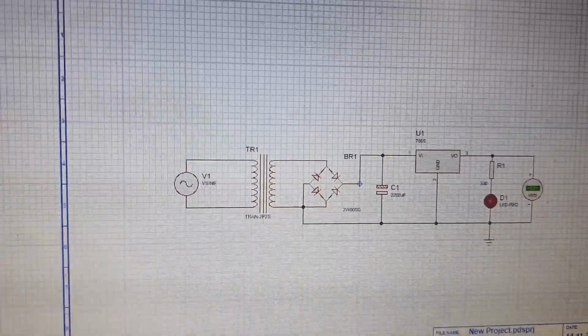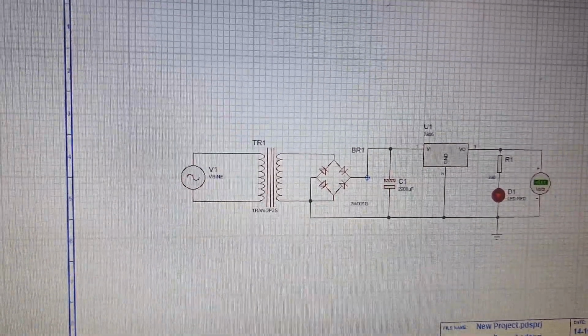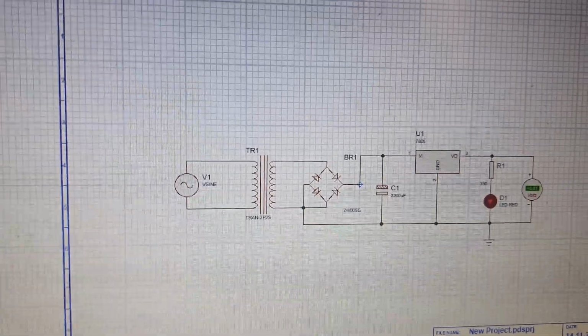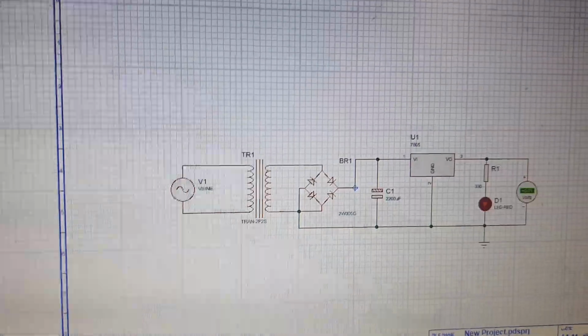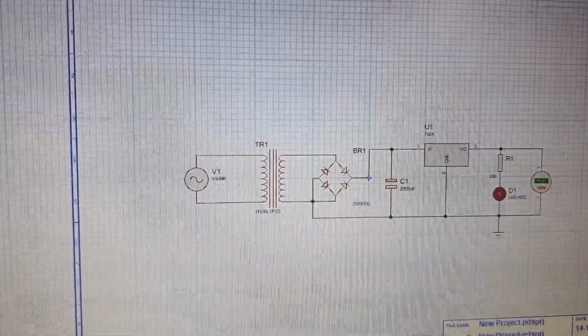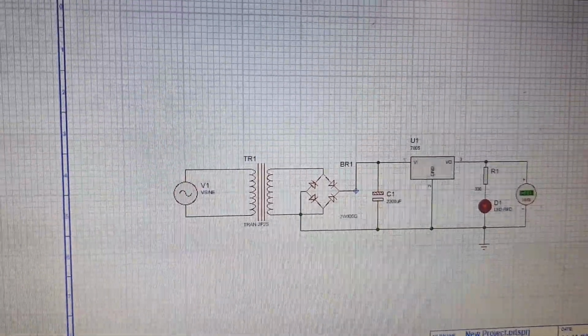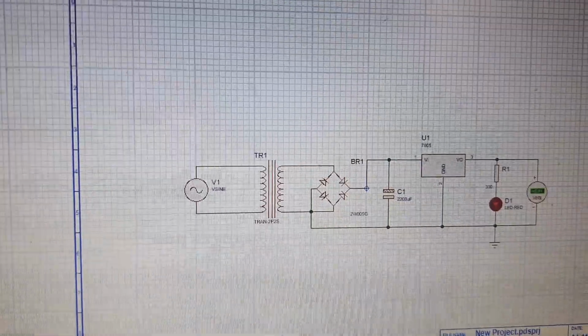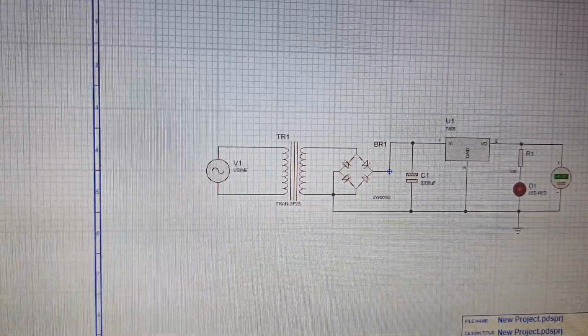This voltage is finally fed to the 5 volt regulator through a 2020 uF electrolytic capacitor, which eliminates the ripples and makes the output stable after regulation. We get 5 volt DC at the output of the